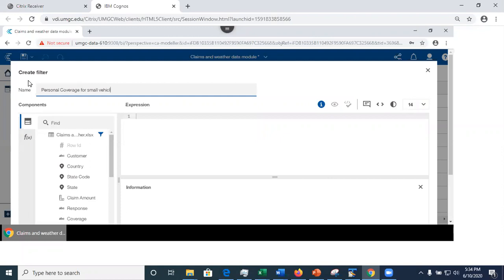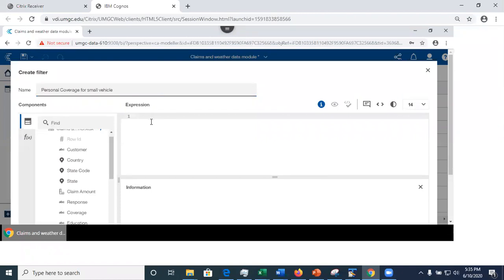Because when you create this filter, later on, when you use this data module as a source to create visualizations, you'll see the filter name, okay? But you're not gonna see how that filter is defined. You would have to go back to the data module to see the definition, but going back and forth is inefficient, right? So we want to name it in a way that we recognize it, right? Here we're gonna use